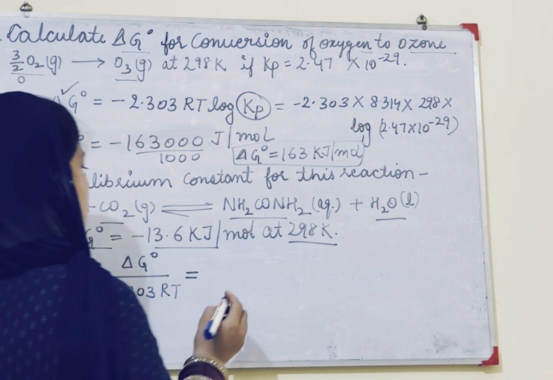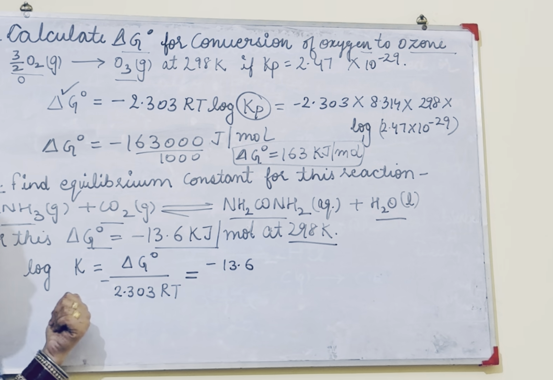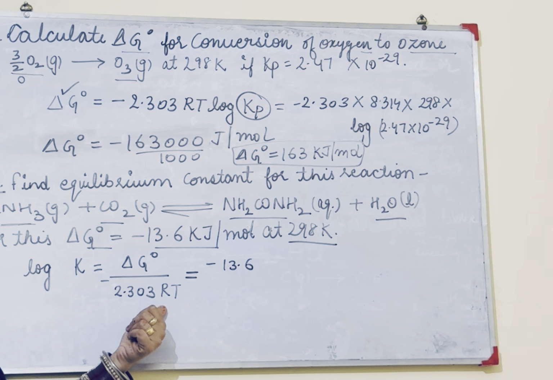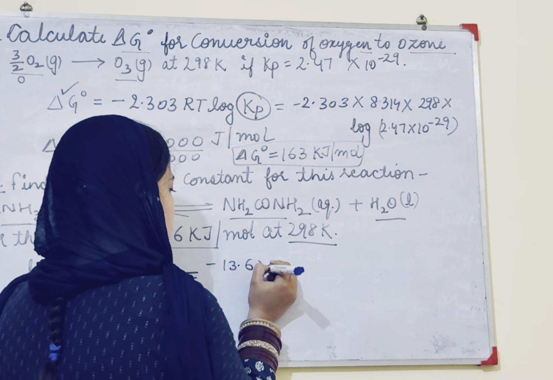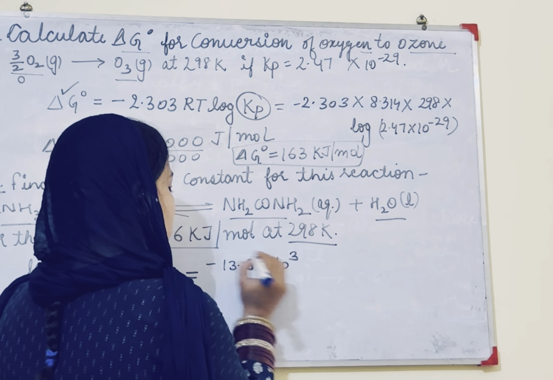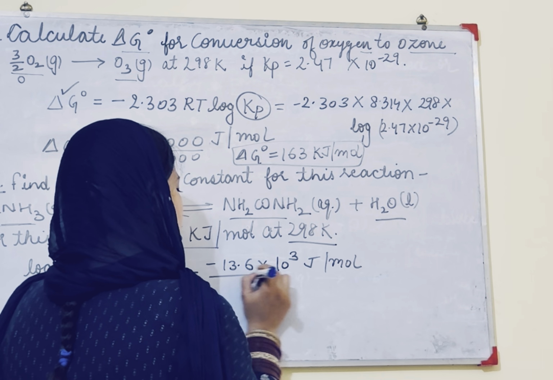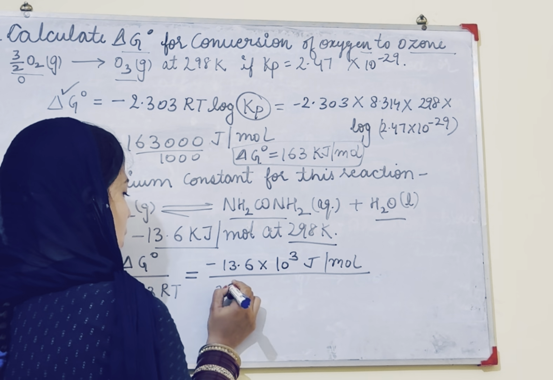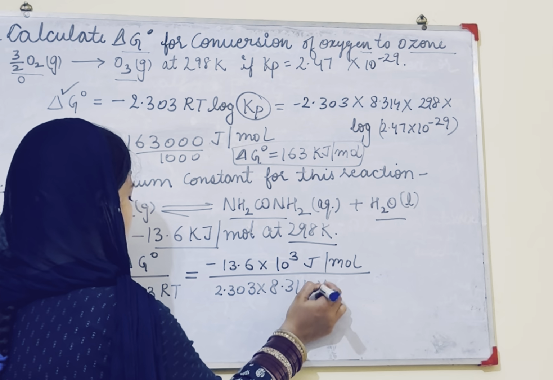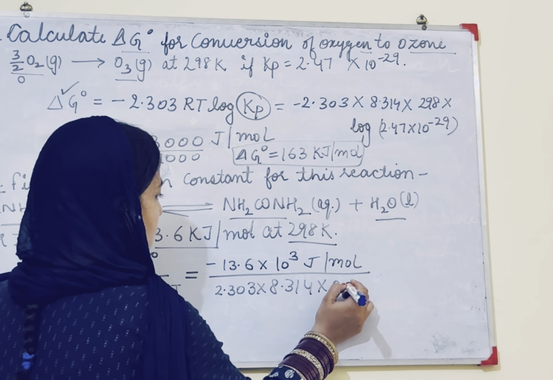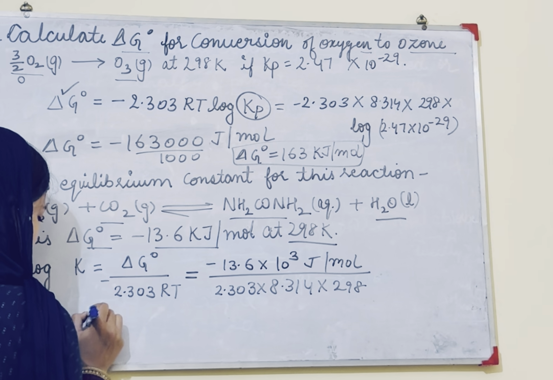On putting values, minus 13.6, it is in kilojoule and R we are using here is in joule. So we have to convert this kilojoule into joule. For converting to joule, multiply with 1000. Then it will become joule per mole. Next, 2.303 multiply, value of R is 8.314 multiply, temperature is 298 Kelvin. Now on solving, you will get